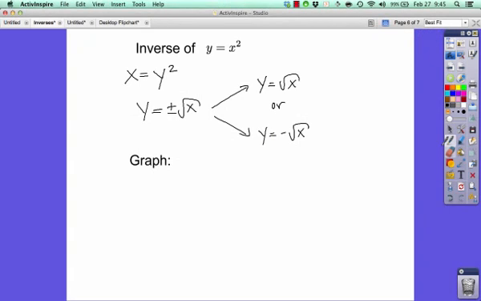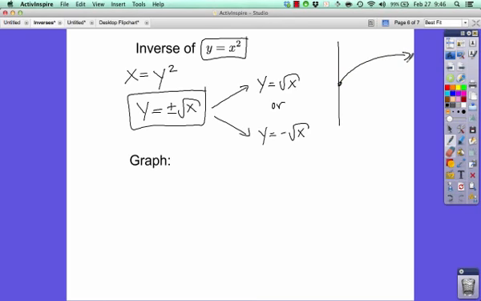So the point I want to make here is, yes, this is the inverse of this. But this is not a function. So the inverse of y equals x squared is not a function, because I would have to write it as two functions. Is this a function? Yes. Is this a function? No. Yes. This function looks like this. This function looks like this. There you go. You get the complete